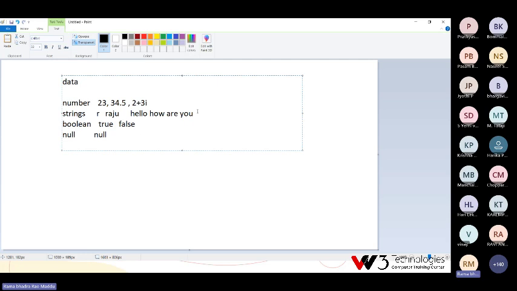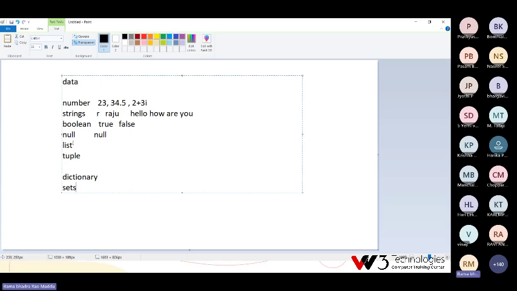And at the same time Python supports other data types, the most important being lists and sets.